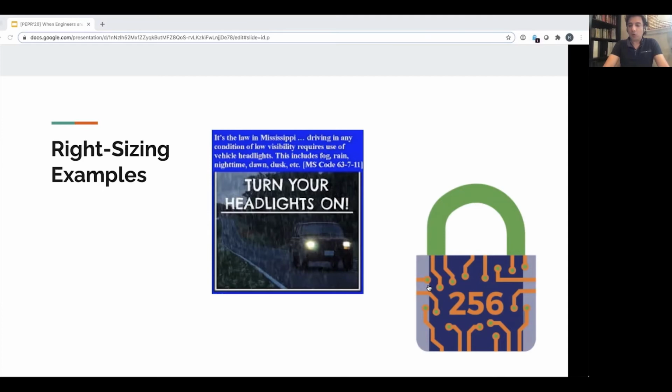Keeping the data always encrypted, even in memory, is overestimating the risks. But never encrypting the data, even in storage, is underestimating the risk. A good trade-off would be keeping it unencrypted in memory, but encrypting in transit and storage. And while this is a simple example, it illustrates the idea of right-sizing your risk profile.